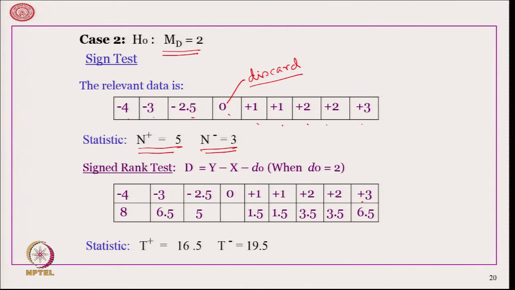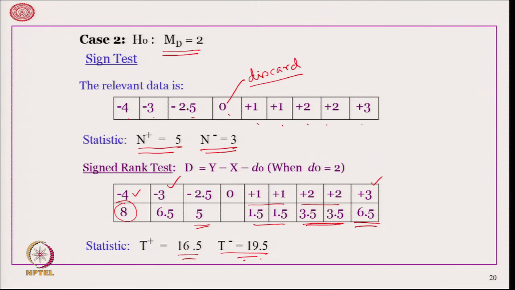assign the ranks to the deviations and we get these two getting 1.5, because it is the average of 1 and 2, these two getting 3.5, the average of 3 and 4, this getting 5, this and this together getting the average of 6 and 7, that is 6.5, and this is the maximum one in absolute value, therefore getting the rank 8. Therefore, if we consider T plus, it is 1.5 plus 1.5 is 3, 3 plus 7 is 10, 10 plus 6.5 is equal to 16.5 and T minus is equal to